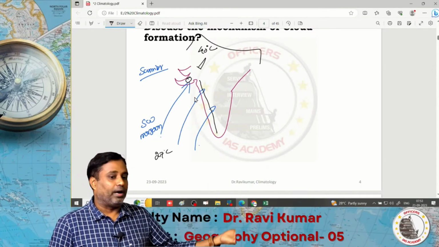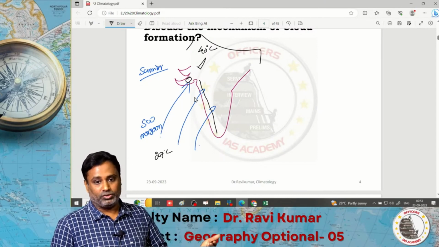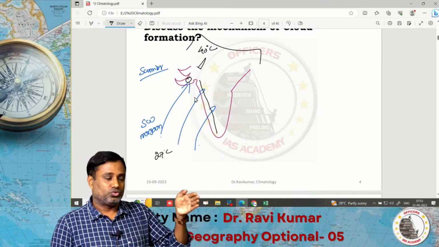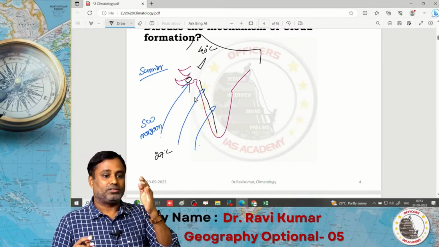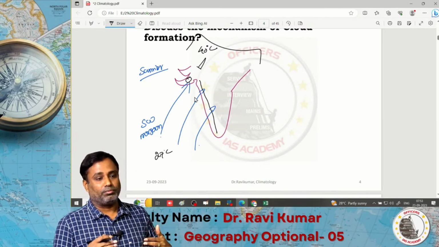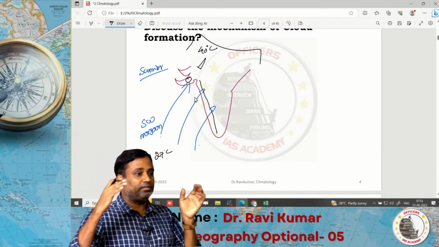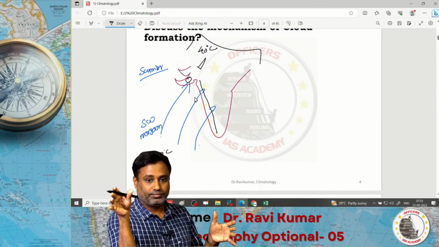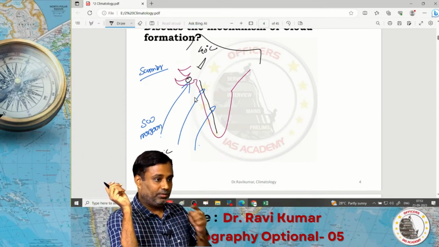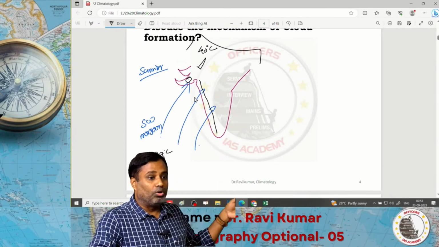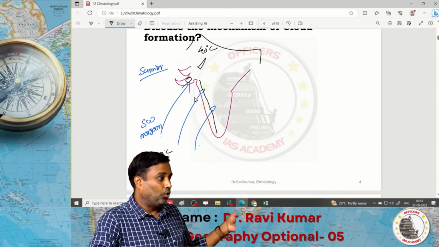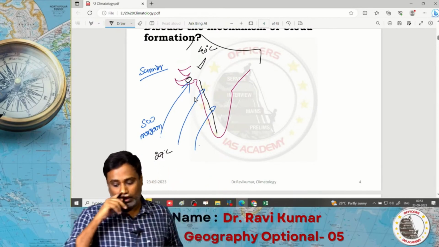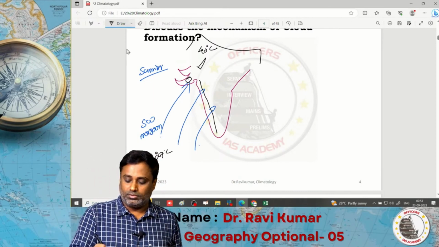Clear? So it brings moisture, almost 80-83% of moisture, and enters into the land, strikes the Western Ghats or Himalayas and rises, it brings rainfall. That's why the southwest monsoon system will bring rain only in the regions wherever we have an orographic effect, not all other places. Clear? Because the wind is cold in character. Compared to the land, it is low temperature. Okay. But in northeast monsoon,